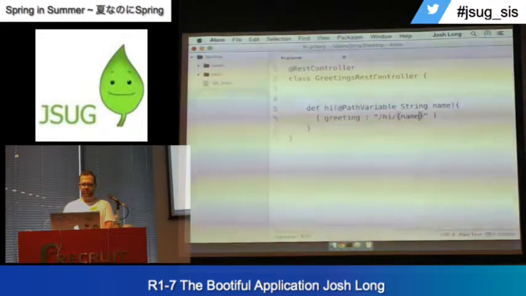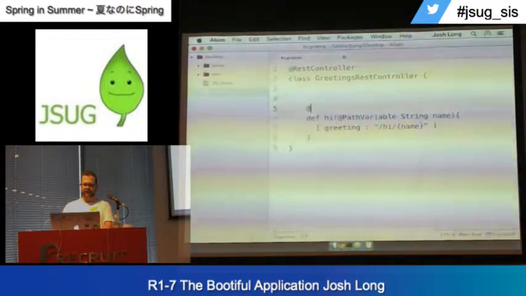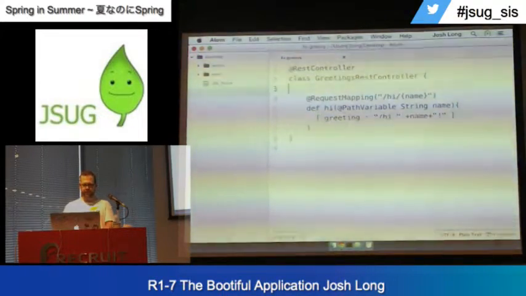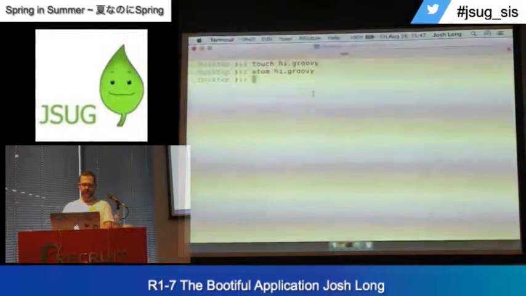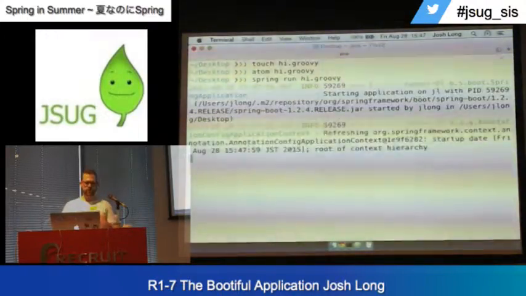Right? That's an anonymous JSON object that I'm going to send back, and I'll make this service respond to requests at /hi/name. And so actually back here I'll just say hi. Actually, that's even better. So there we go. So now I have a very small REST controller. This is Spring MVC, and of course I can go here. I can say spring run hi.groovy, and what that's going to do is